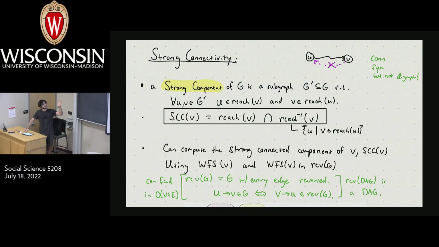So we need this new definition of components. So instead of a component just being everything that's connected, it's now going to be everything that's connected in both directions. So a strong component of G is just some subgraph, G prime, such that for every pair of vertices in the subgraph, U is reachable from V, and V is reachable from U. So if we drew a picture of one of these,